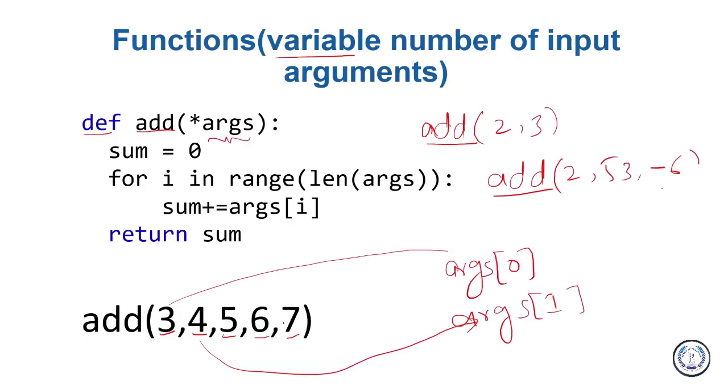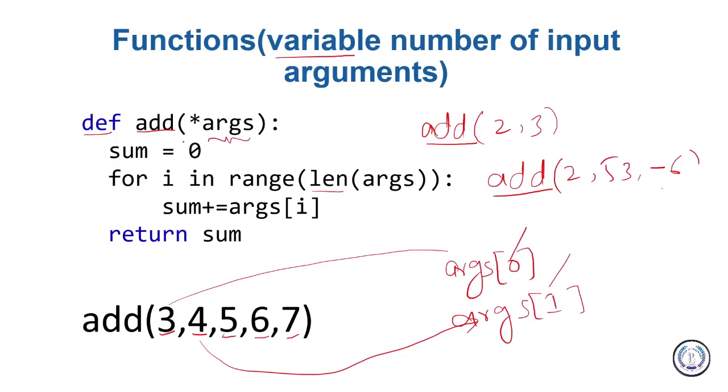Now, no matter how many arguments you pass, the list will be of that size. And there is a function, len, that is handy to check how many arguments there are. If you pass 2 arguments, the length of args will be 2. If you have passed 3 arguments, the length of args will be 3, and so on. No matter how many arguments you pass, args will receive them all, and all the elements in args will be indexed by 0, 1, 2, starting from 0 until the length of the